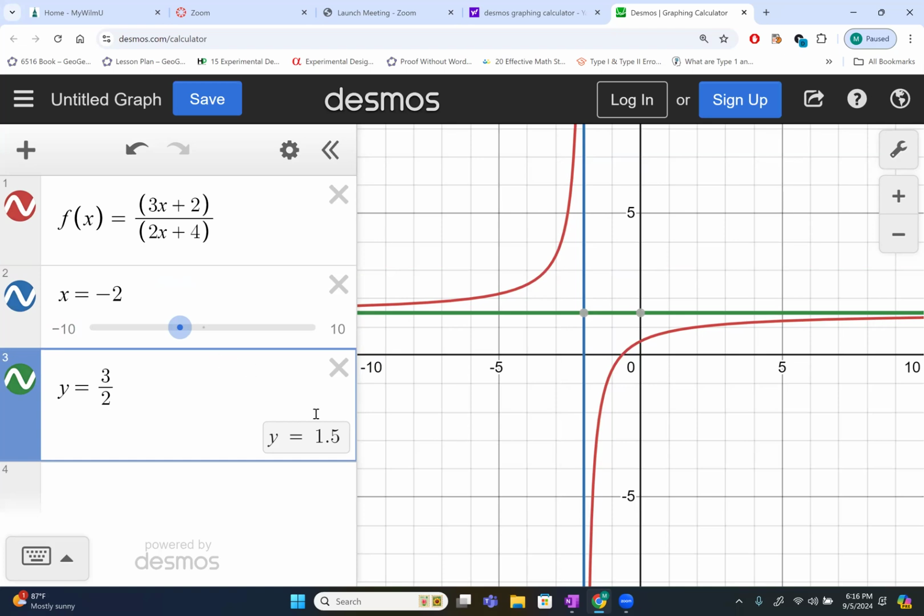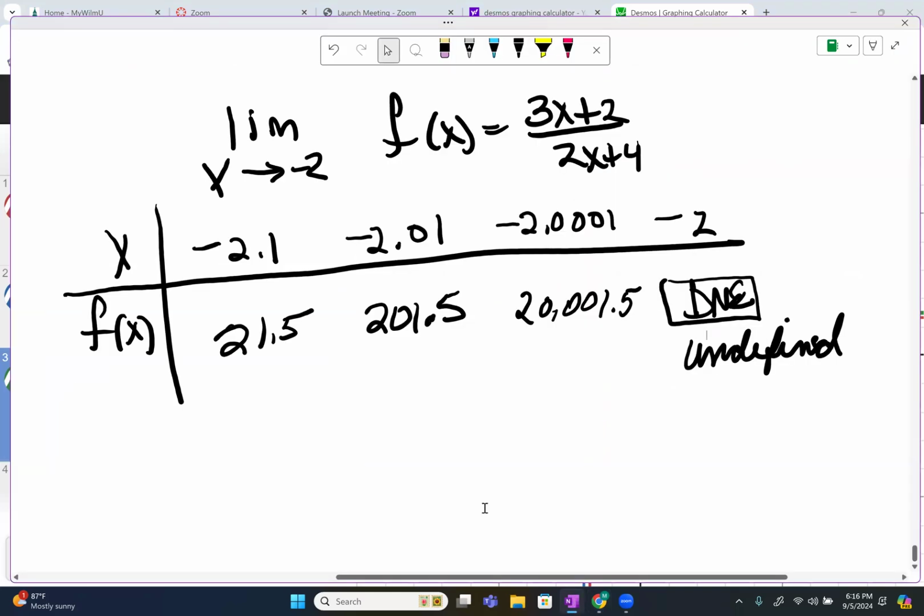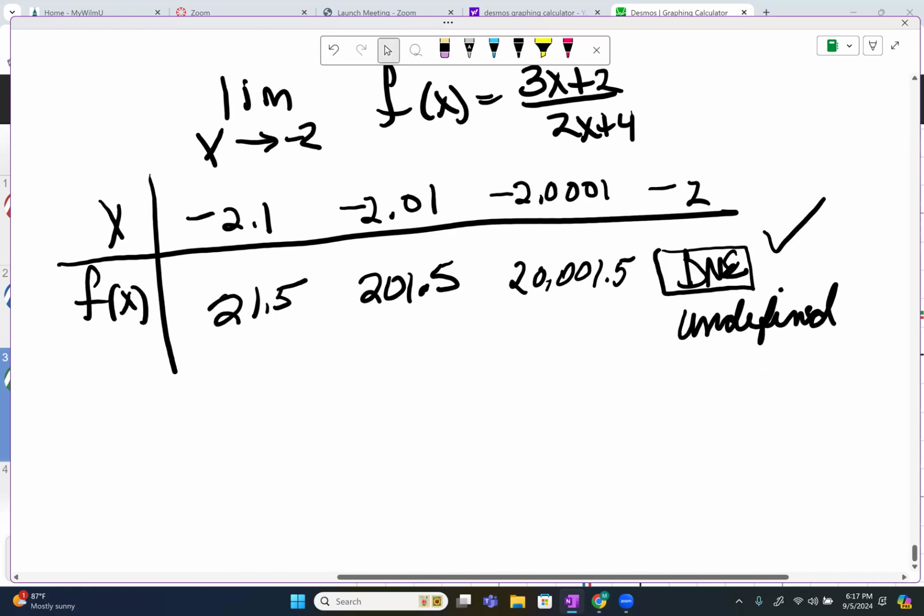Okay. So let me go back to my other function here. There you can see how it does not exist. I showed you the picture for that. All right, so that's example 4. Let's look at example 5. Again, this is all about limits. For this one, you're going to do the limit as x approaches 0